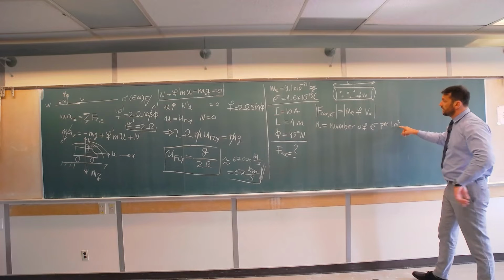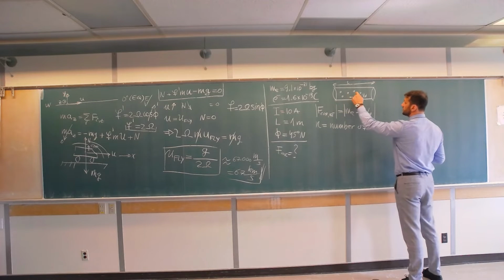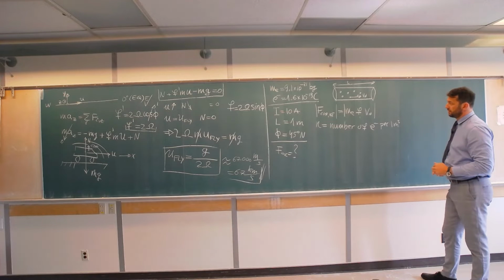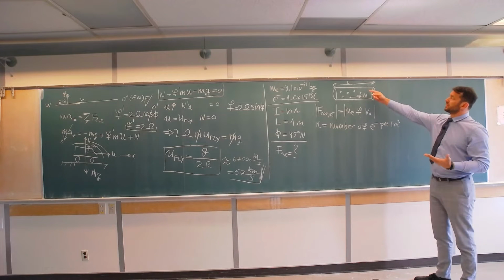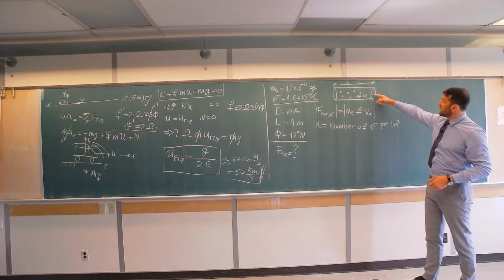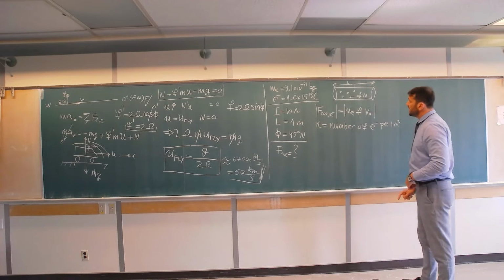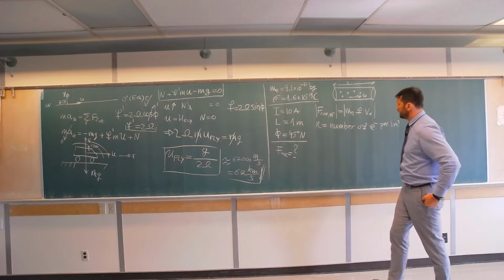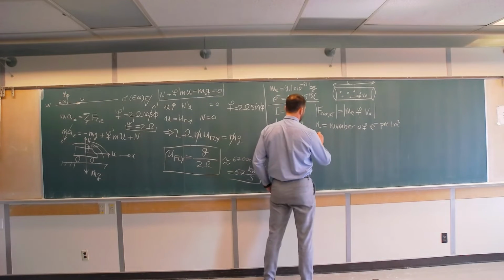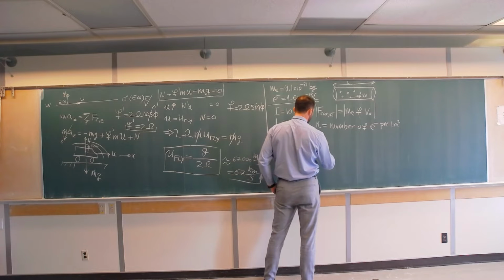So this is the number of free electrons, let's say in this copper wire, per cubic meter of copper wire. But I don't necessarily have a cubic meter here. I have this wire of length L, and I don't even know the cross-section. So we can see, therefore, that the Coriolis force